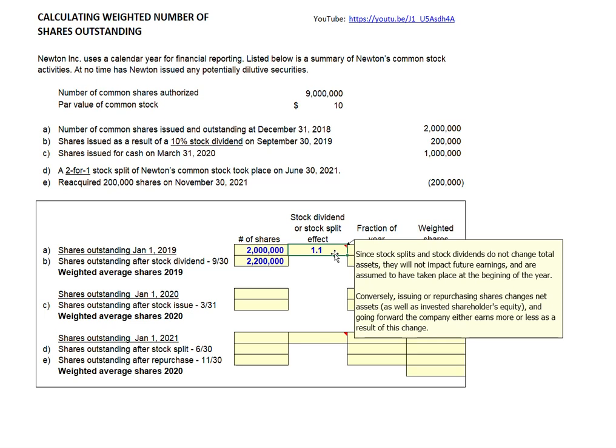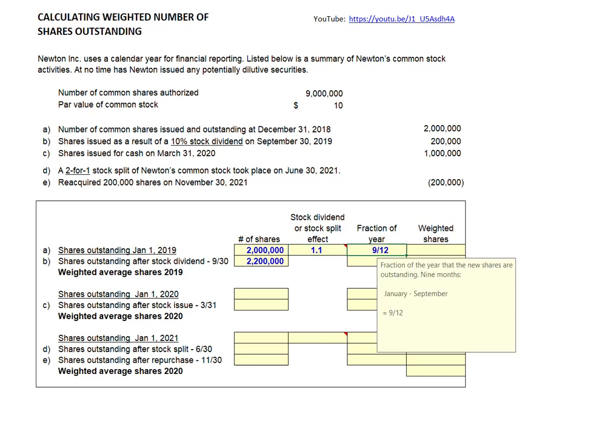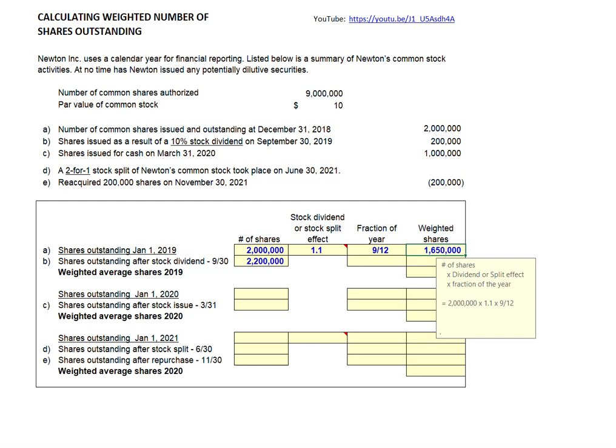On the other hand, if we issue new shares or repurchase shares, our assets and equity will change. And if we have a change in assets and equity, the assumption is that earnings from that point forward will change. So again, since we have a stock dividend or stock split, we assume it happens at the beginning of the year, and this happened at September 30th, so those shares will assume to have been outstanding for 9/12 of the year. So to calculate our weighted average shares outstanding, we take the 2 million initial shares, multiply it by 1.1 for the effect of the stock dividend, and then multiply it by 9/12 months